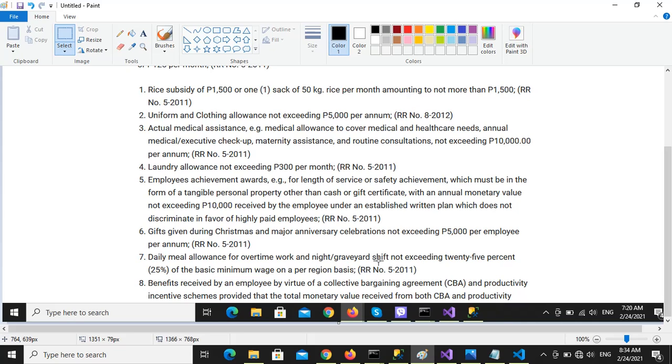But again, this is not compulsory for the employer. It's actually just an option for the employer to give it to the employee. So if it is not being given, then it's not actually against the law. Okay, that is understandable. But in case the employer is giving it to the employee, it should not exceed